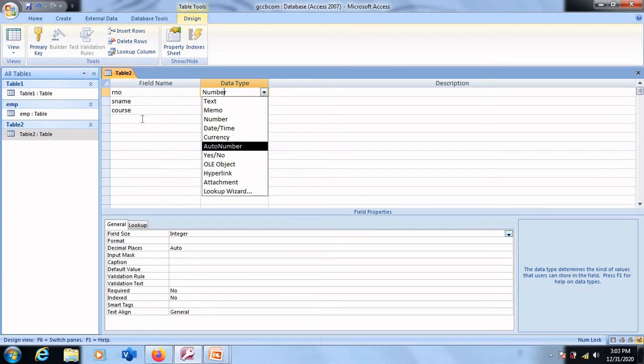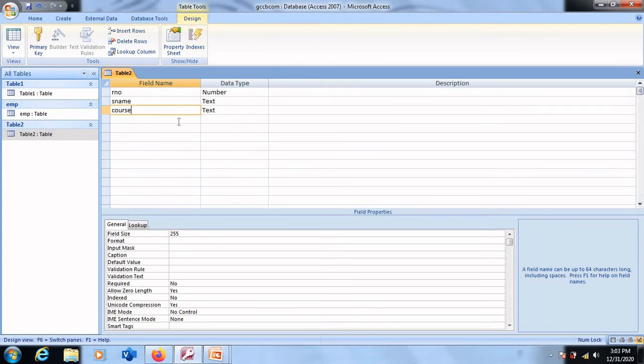For example, in this particular table, we are asking our user to enter their course. Now, if you consider Gupte College of Commerce, what are the options we have for degree courses? We have BCom, we have BBA, and we have BCA. So the entries are limited.